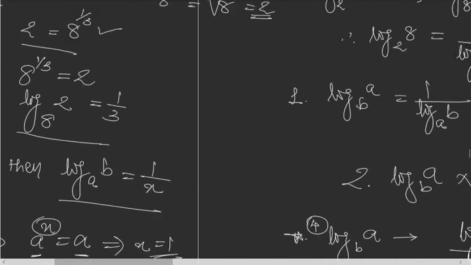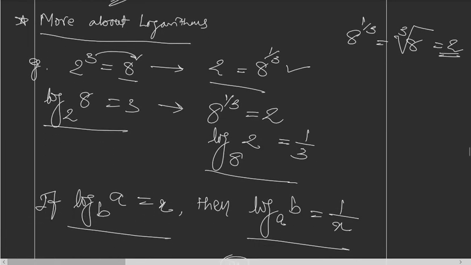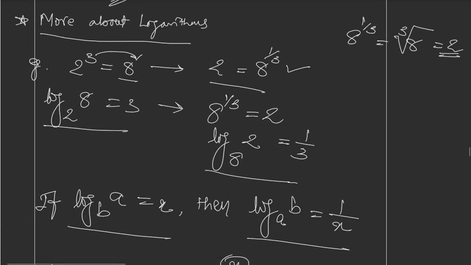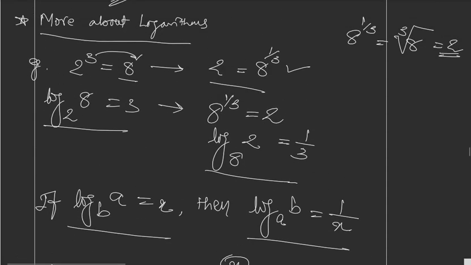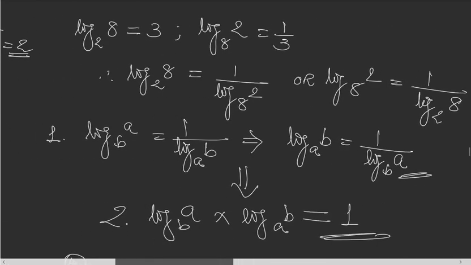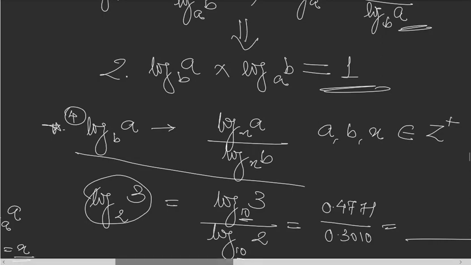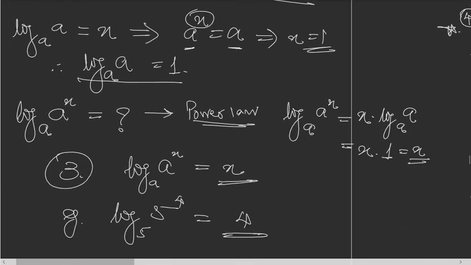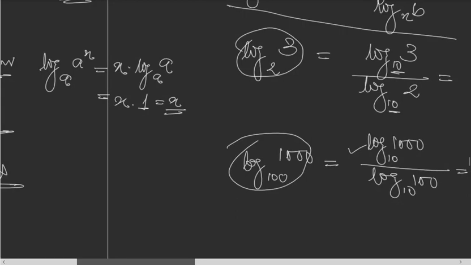Yeah, this is what we did today, more about logarithms. We did some identities, like log of a to the base b is equal to 1 upon log of b to the base a, and log of a to the base b into log of b to the base a is 1, right? So that was the first and second identity. Then the third identity was log of a to the base a raised to x is equal to x, and the fourth identity,